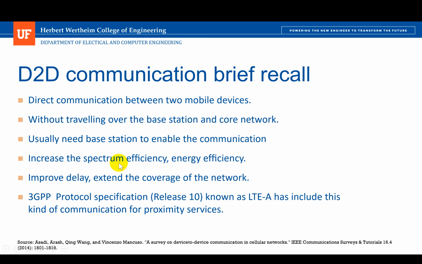They can increase the spectrum efficiency and energy efficiency, improve the latency, and even extend the coverage of the network. And the 3GPP protocol specification Release 10, known as LTE Advanced, has included this kind of communication